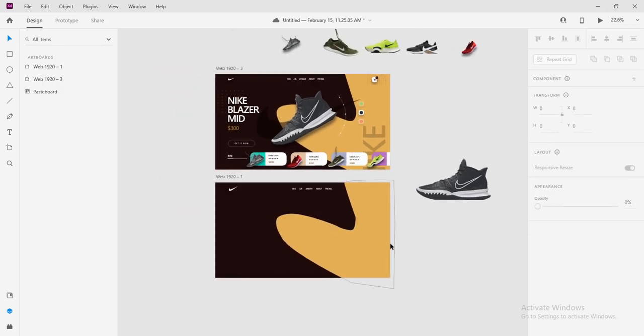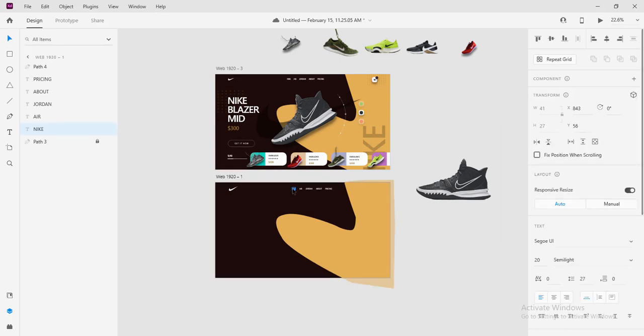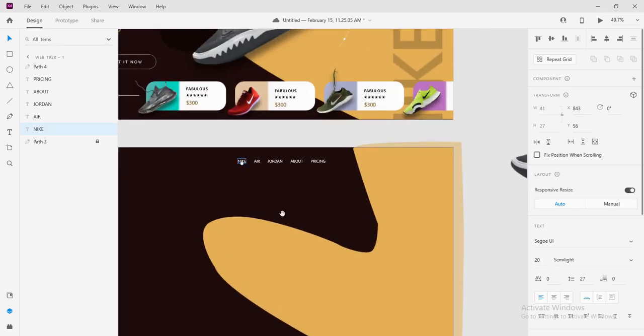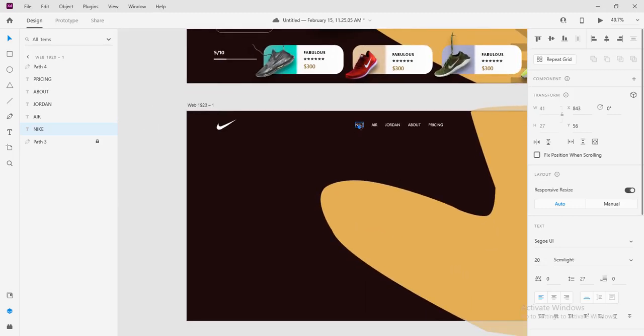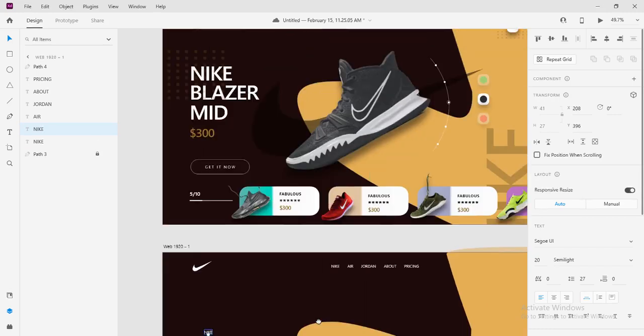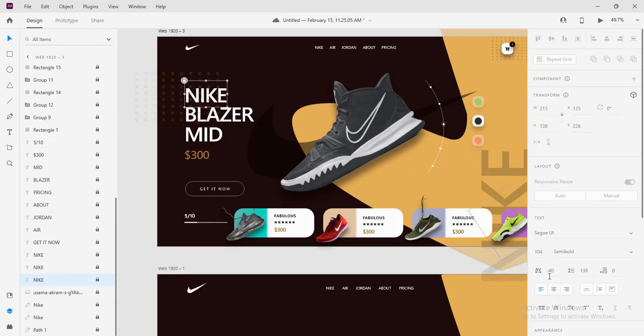And the next thing that we want to do here is to create the main text of the page. We have Nike Blazer Mid. To do that, we'll be using one of these as well. Just make a duplicate of that. So Ctrl Z. That wasn't what I wanted to do. What I want to do, just hold down Alt on the word, then you drag out to wherever you want it to be. And in this case, we want to increase the size to 104,